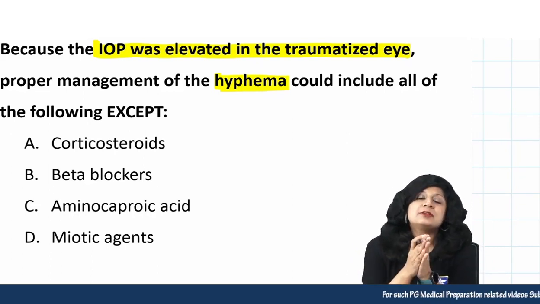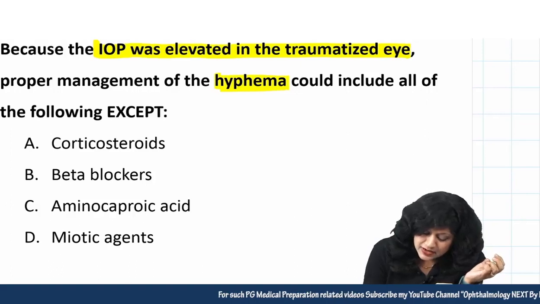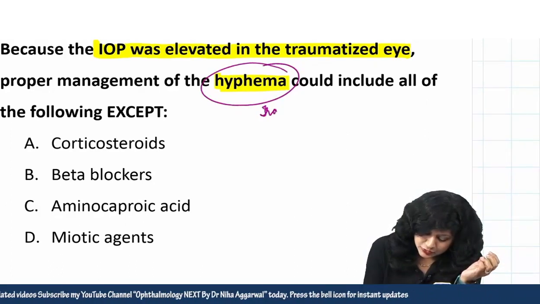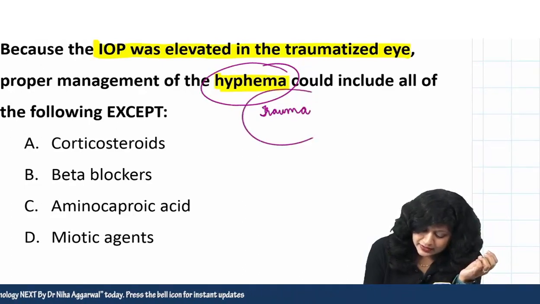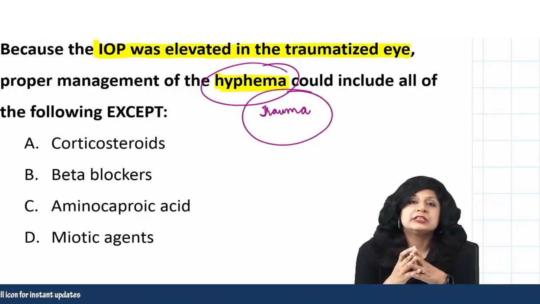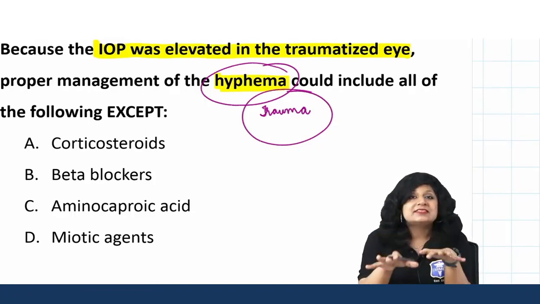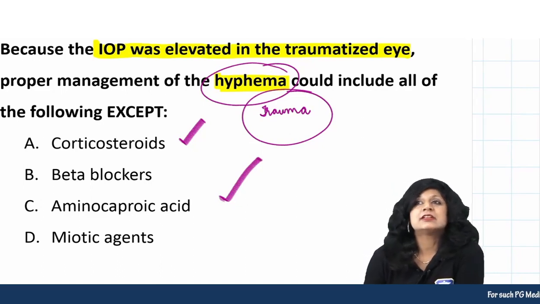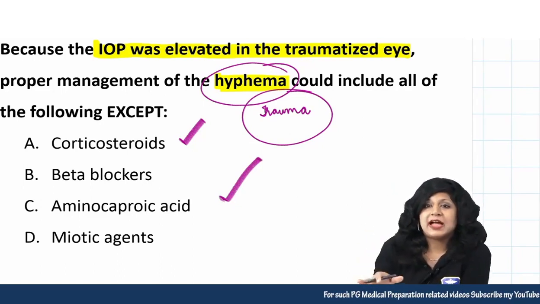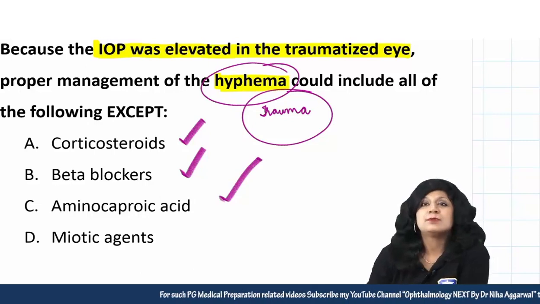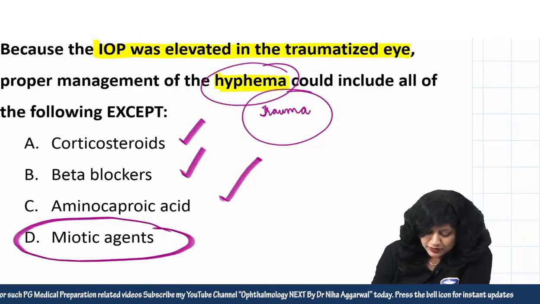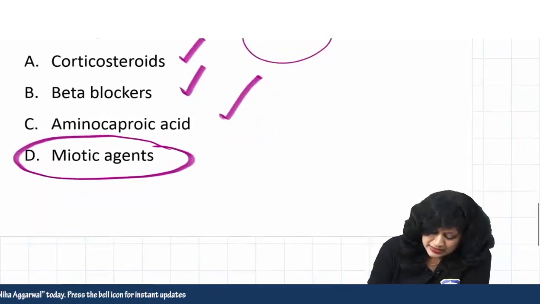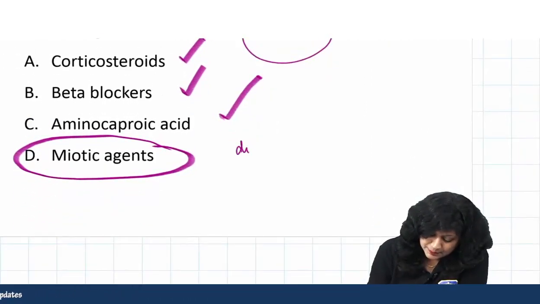If you look at the treatment of hyphema, we were having the hyphema and we were having the trauma. Now for the absorption of this blood which is present, and to decrease the inflammation, you have to give steroids, you have to give aminocaproic acid, and in order to lower the IOP we will also take the help of beta blockers. But what will happen if you give these miotic agents? If you give these miotic agents, they will actually disrupt the